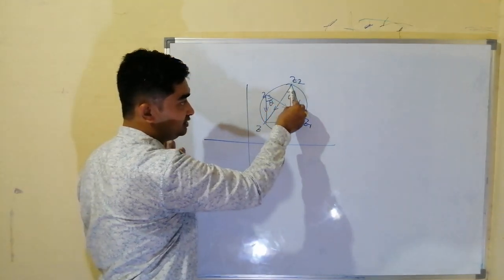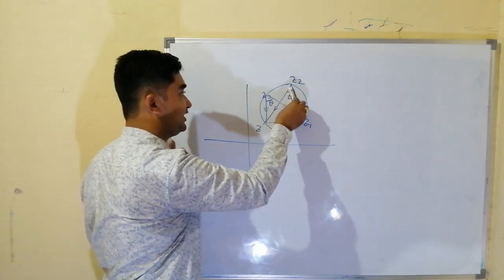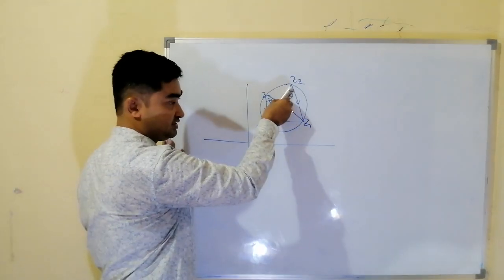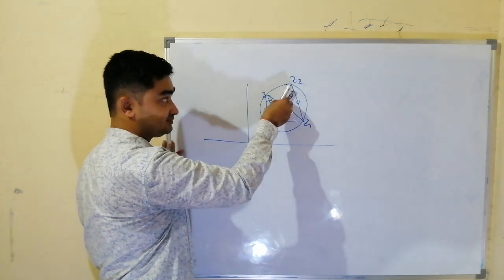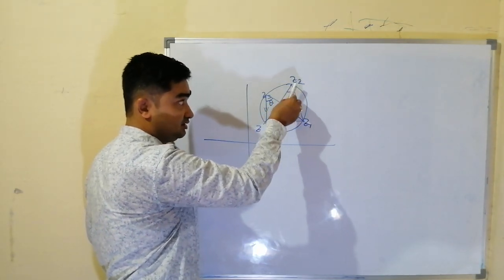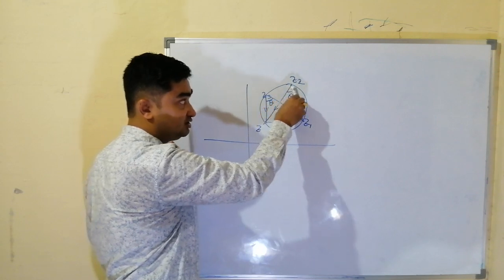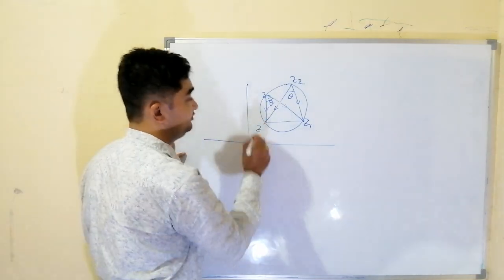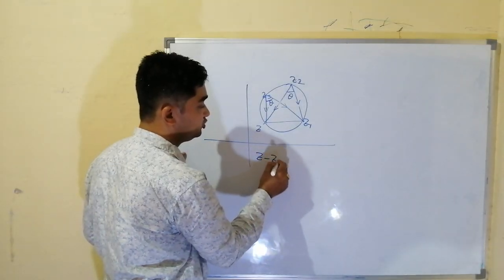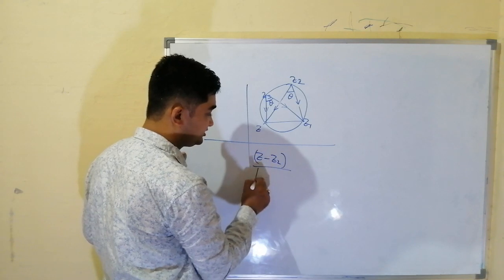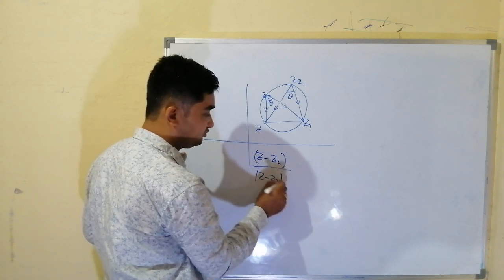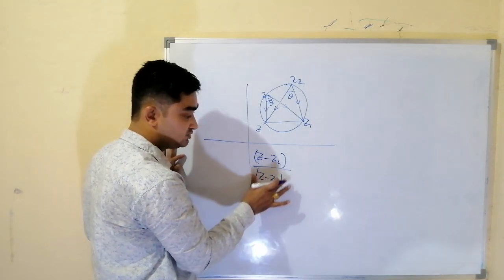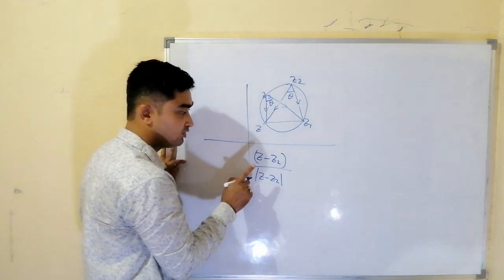When we move it by an angle theta, are we moving clockwise or anti-clockwise? This is anti-clockwise. That means to get this, we have to add theta, because adding theta means moving anti-clockwise. That means we can write z minus z2 divided by mod of z minus z2. Because modulus we don't want to change, so on both the sides make the modulus 1. Now modulus of this complex number has become 1.